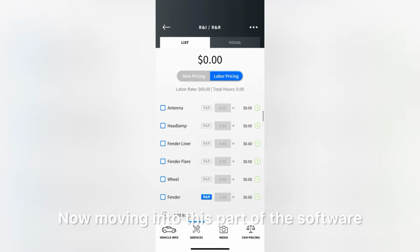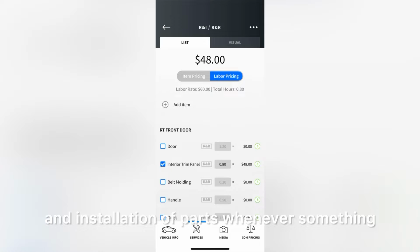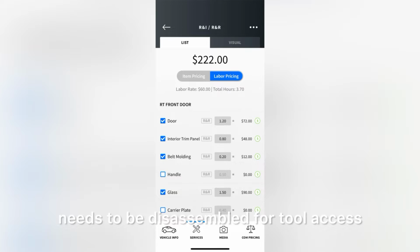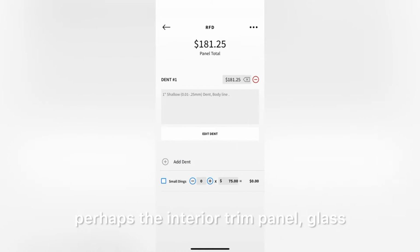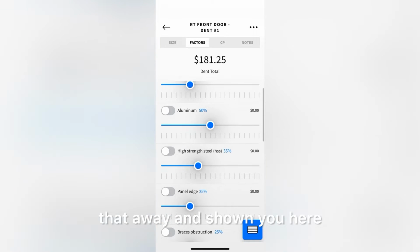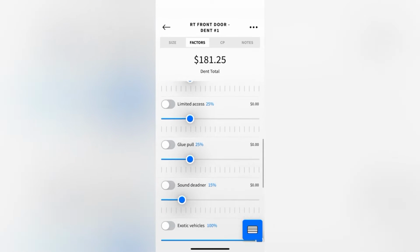Now moving into this part of the software, it's how we're going to charge you for removal and installation of parts whenever something needs to be disassembled for tool access. So really common is to take apart a door, perhaps the interior trim panel, glass, or remove the door itself. I've stripped a lot of that away and I'm showing you here that a common body line dent can be repaired for as little as